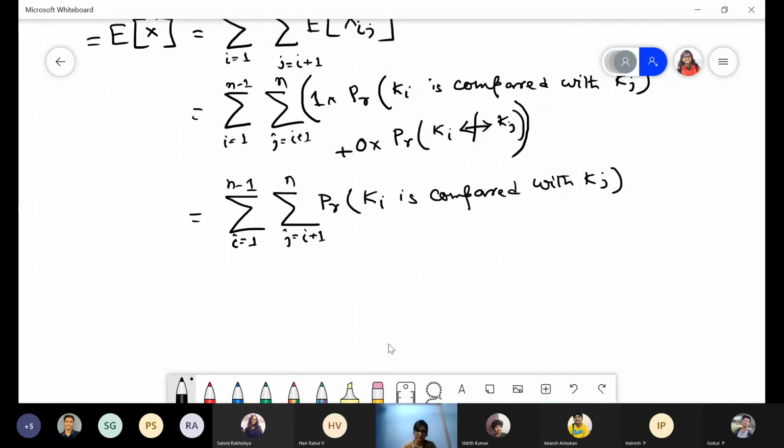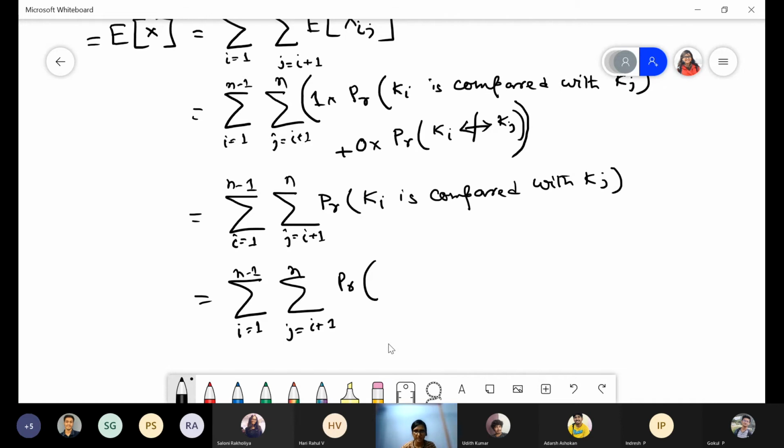How many elements are there between ki and kj? j minus i plus 1. And how many times are they going to get compared? Either i is the pivot or j is the pivot, only then. Exactly, very good. So we can say that this event is nothing but the probability that